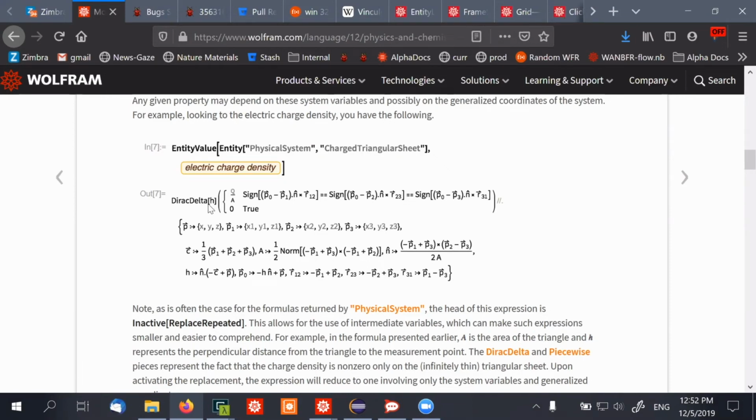The Dirac delta here is to say that you're within the thickness of the sheet, and then this piecewise says that within the plane that the sheet lies in, you're actually on the sheet itself. It's Q over A, because we're assuming this charge is evenly distributed, so it's just a constant Q over A if you're on the sheet, and 0 otherwise. But you notice that what we've done is we've taken